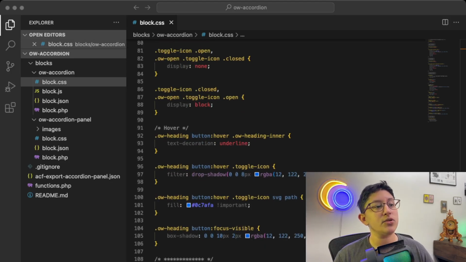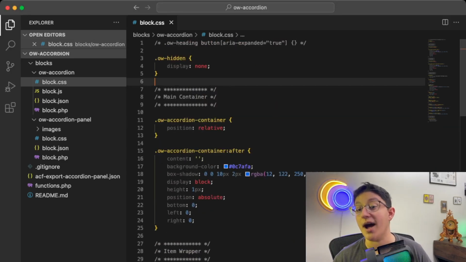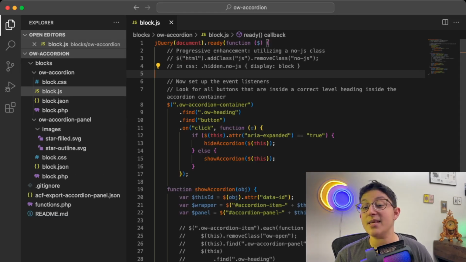The main thing to pay attention to here is those hover and focus styles. Those are the things that are going to tell people that something is clickable. It's going to tell them when it's open, and it's going to change things when somebody tabs over to it. So those are the most important styles to pay attention to, as well as that utility class at the top to hide things if we're not showing it. And then the only thing left to do is to take a look at our JavaScript.